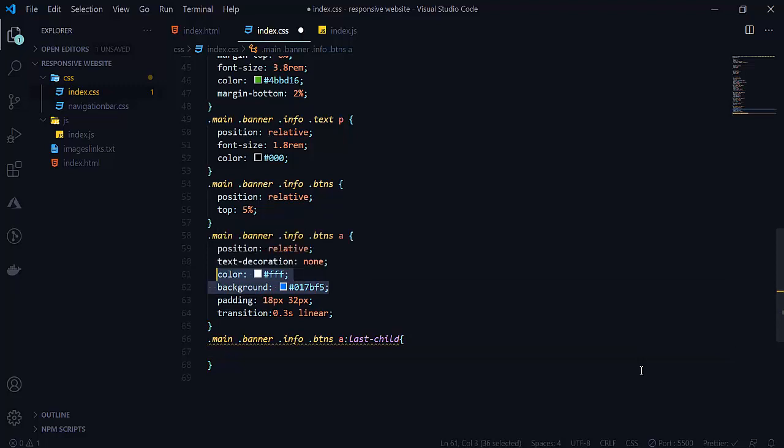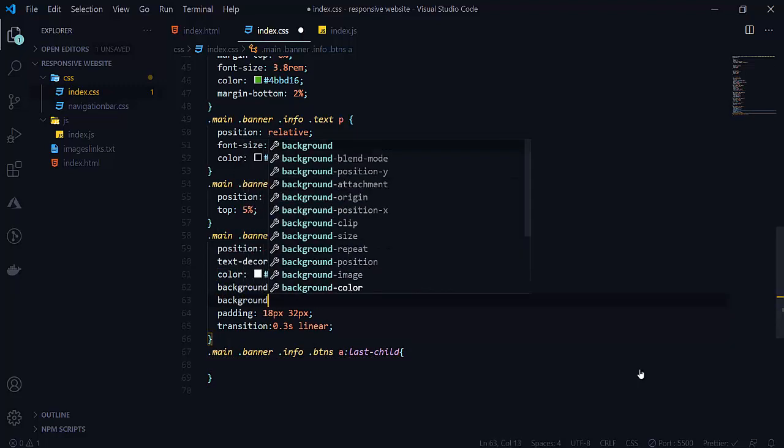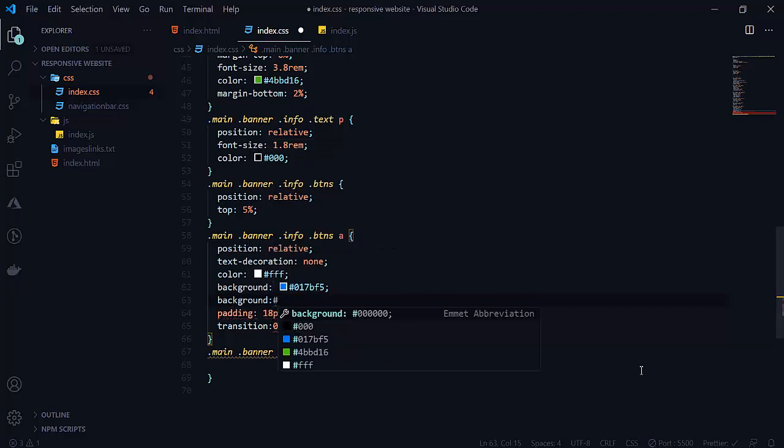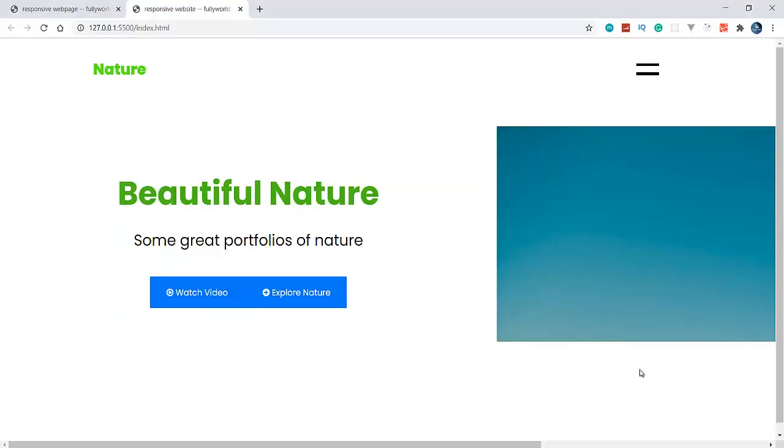Copy this, and we want to also apply background here. So background will be 1 pixel solid #017bf5 here. So the border is also applied here.